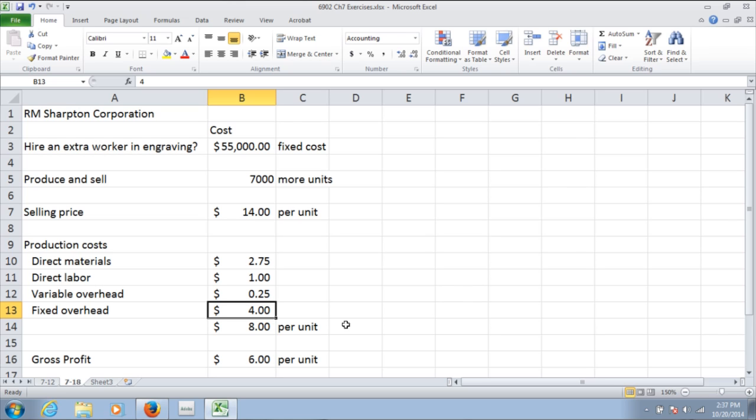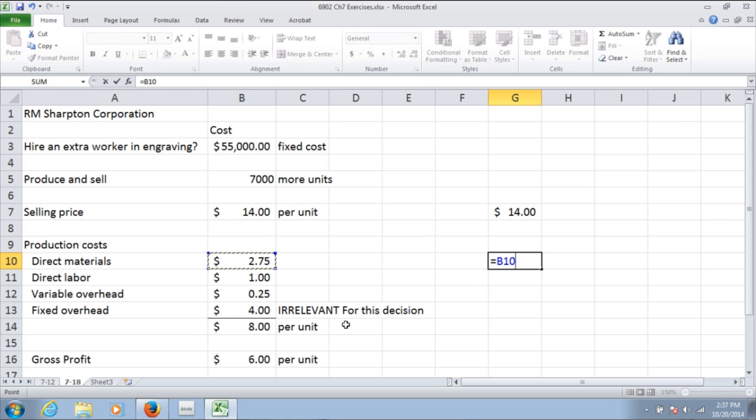That's a lot of fixed overhead. And really, this cost here is irrelevant for this decision. So what's relevant here would be our price of 14, and then our direct materials,